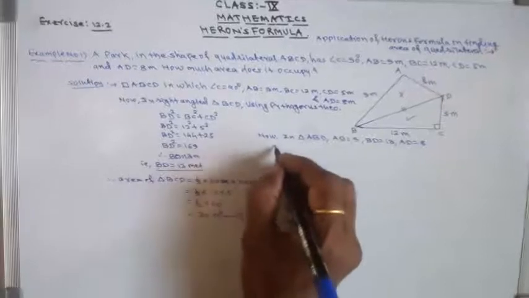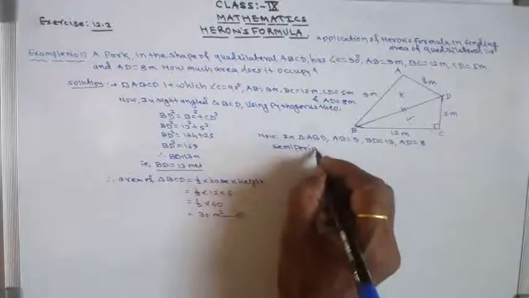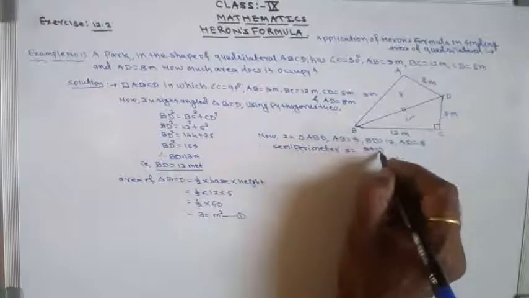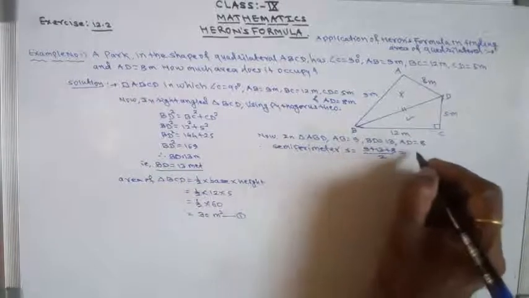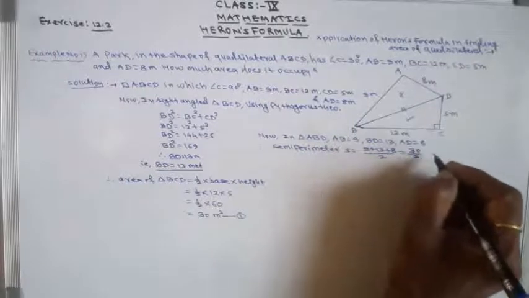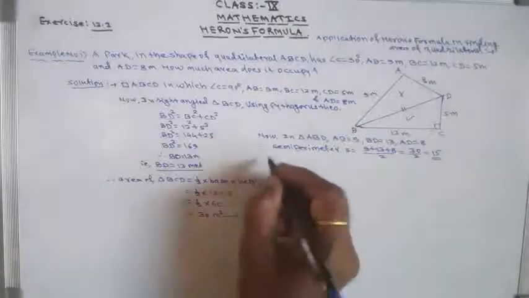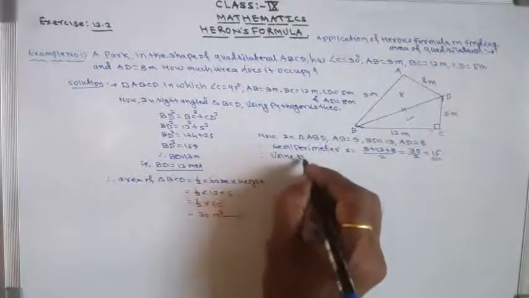Therefore semi perimeter S equals 9 plus 13 plus 8 upon 2. So that is 30 upon 2, which is 15. So this is S. Now using Heron's formula,